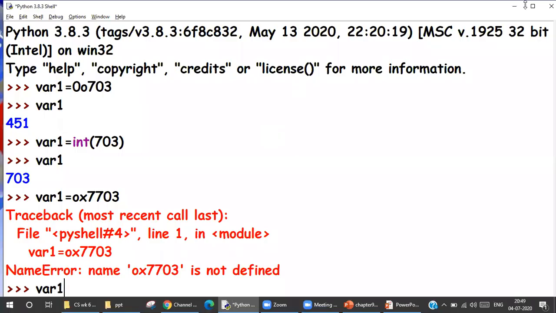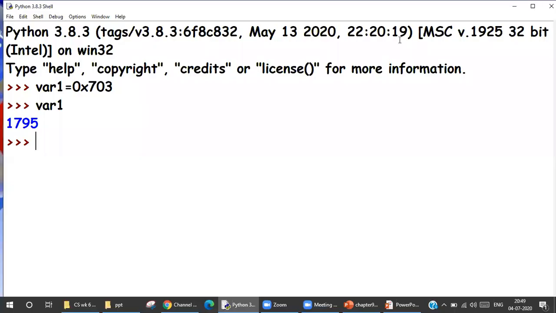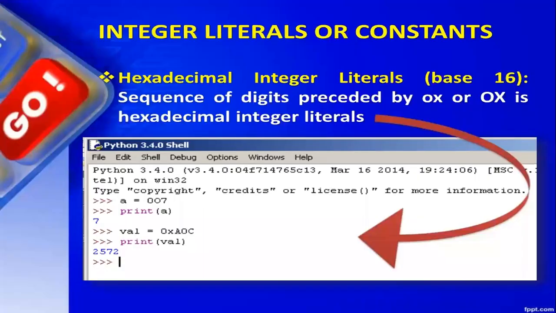Variable 1. And when I look at the value of var1, it will tell me 1110, because 1110 in decimal form equals to 456 in the hexadecimal form.